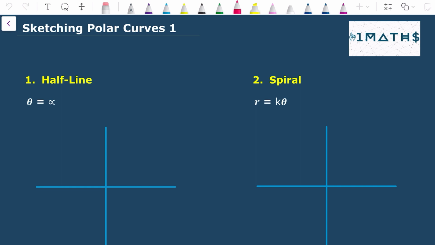Hello everyone, and welcome to the first of 3 videos that I am making on sketching of polar curves. You get some very beautiful curves and shapes when you start exploring what polar graphs look like. And we're going to work through these steadily so that you can see exactly how they work and start recognizing